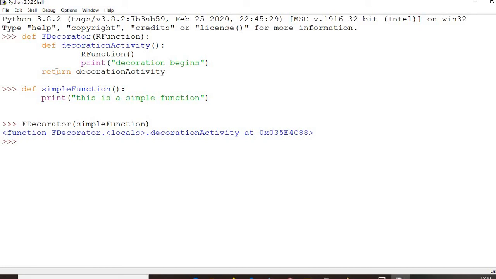So whatever is being returned has to be kept in a variable, as I explained previously. So let's say we have variable p equals fDecorator and simple function. All right, now since the fDecorator function is returning another function, right, p also becomes a function.